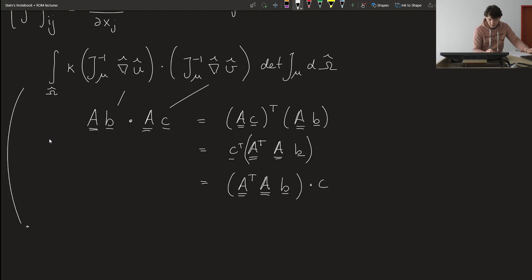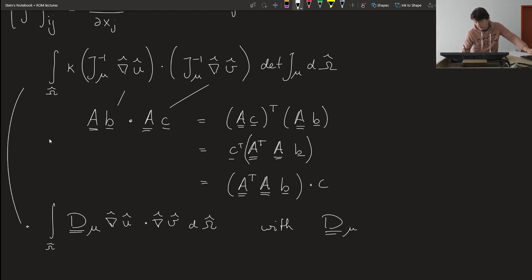That means that this integral statement is equivalent to saying, and I'll actually skip ahead, a completely new diffusion tensor, which is mu dependent, times the gradient of u hat dotted with the gradient of v hat, d omega hat, with